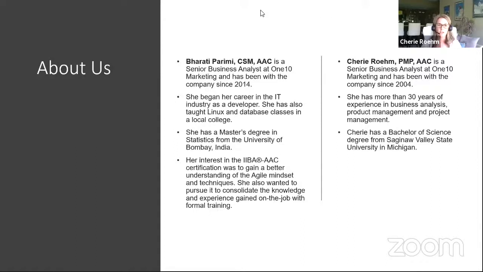So really all of that background of how we evolved as an organization into Agile, and how I saw it impacting us as BAs, that's what led me down this path to pursue the IIBA AAC certification. The difference with this certification is that it is really more focused on business analysis in an Agile context, in an Agile mindset. So it's business analysis focused. That's one of the driving reasons that I wanted to pursue it, because I felt it was giving me more background and knowledge from a BA perspective in the work that we do on a day-to-day basis.